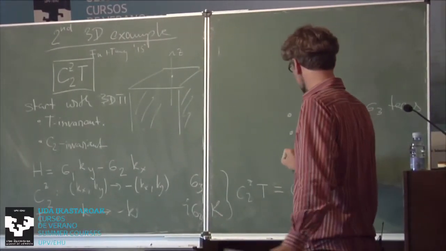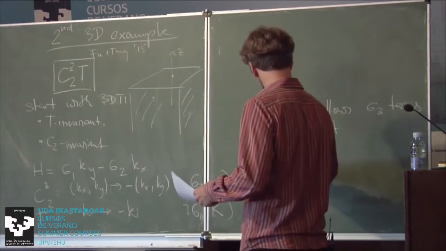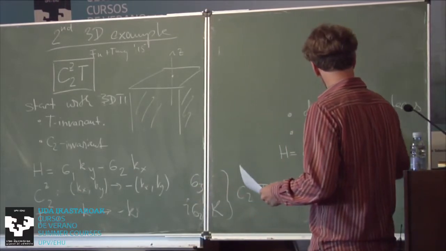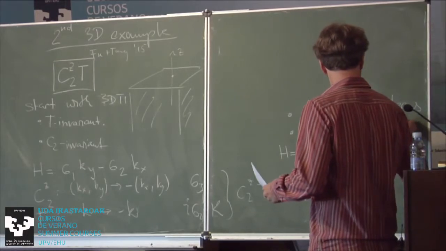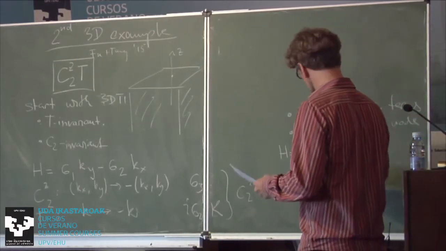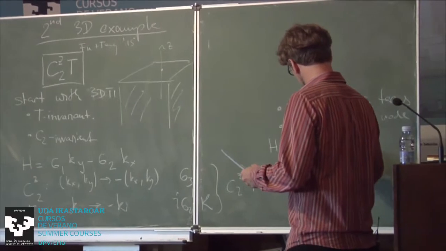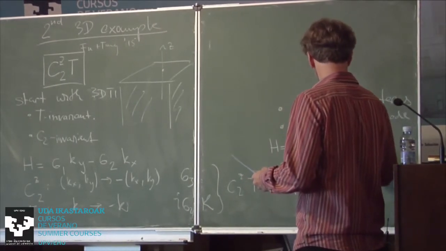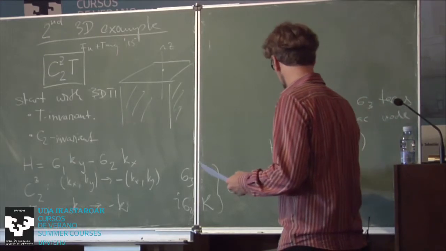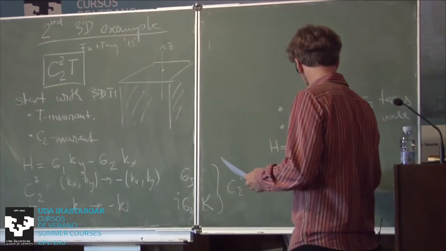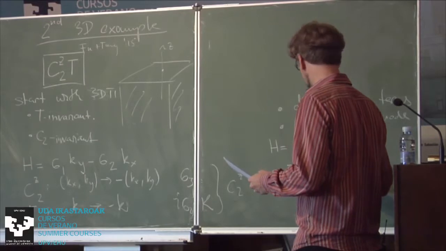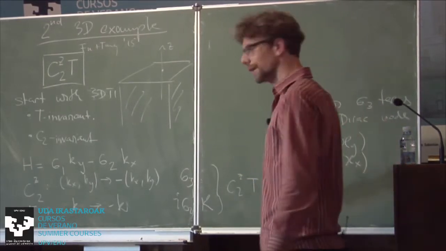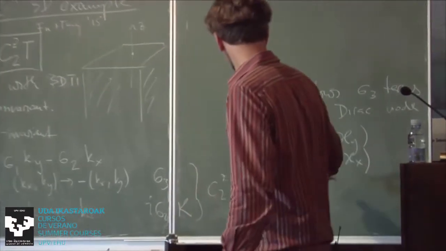So I can write this Hamiltonian, shifting the Dirac node, as sigma 1 times (ky minus some kappa y), but this is just a parameter, minus sigma 2 times (kx minus some kappa x). Okay,